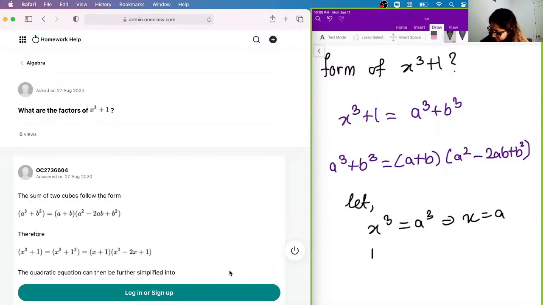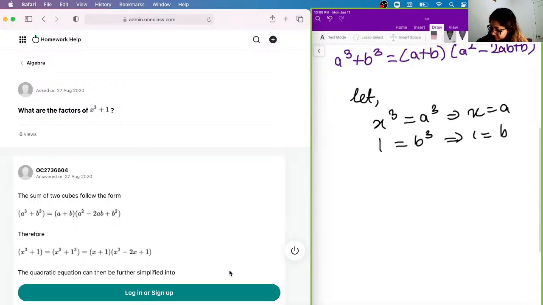And let's say 1 is equal to b cubed, which means b is also equal to 1, since we know 1 cubed is just 1. And so therefore we can say x cubed plus 1 is equal to x plus 1